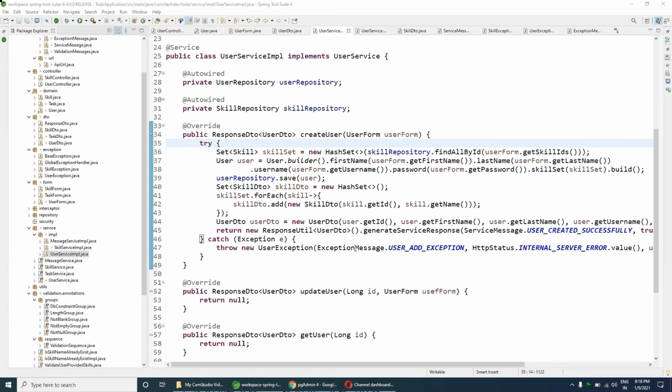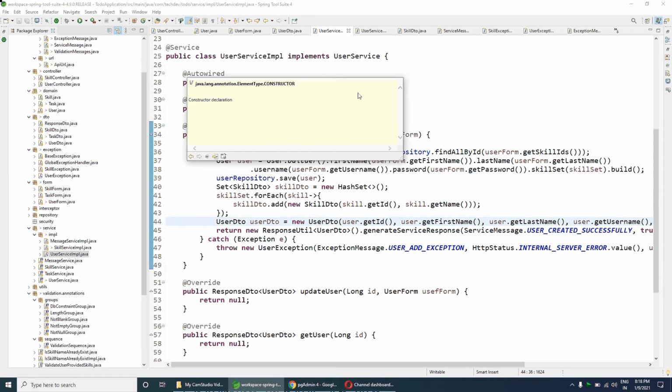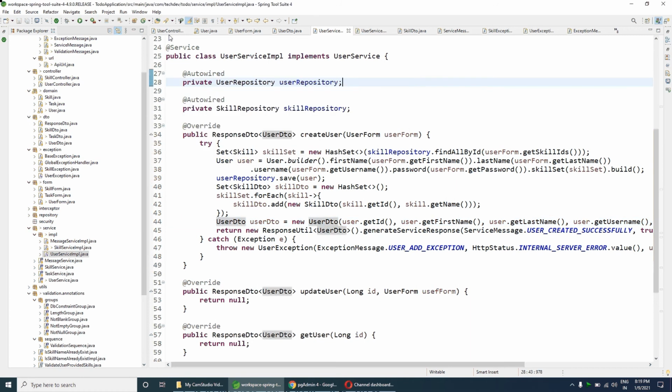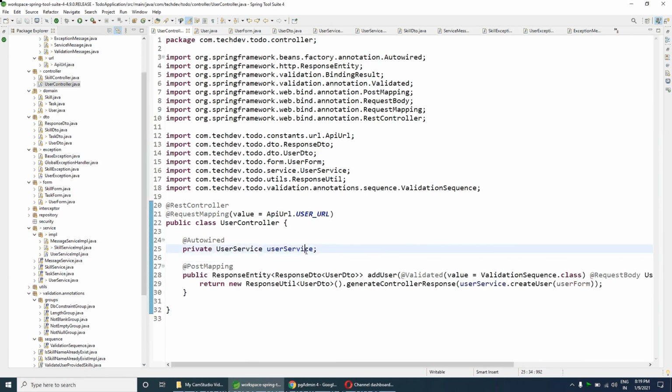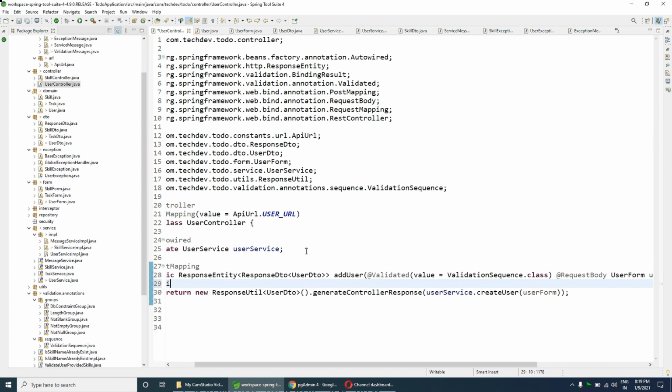In my last video, we created the user API to add the user, and some parts were left to complete. So let's complete that part and then test the API, and after that the API will be completed. The one part which we left is that we need to use, if binding result